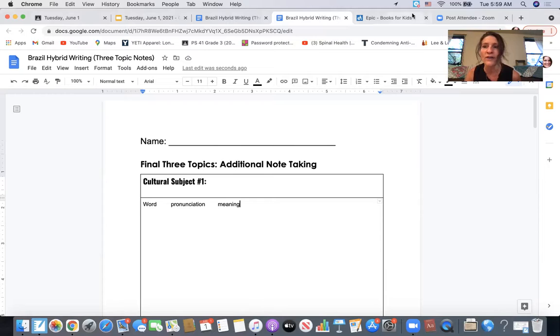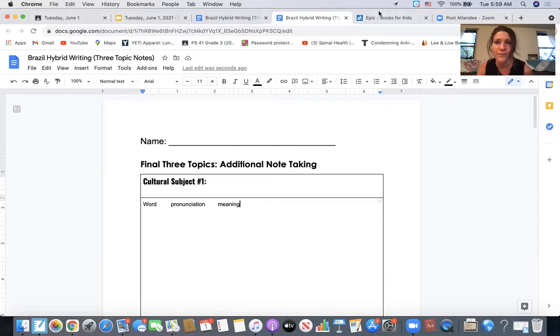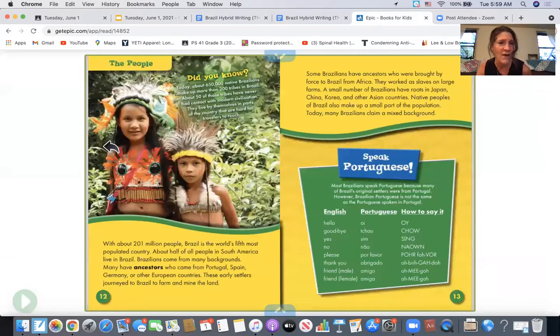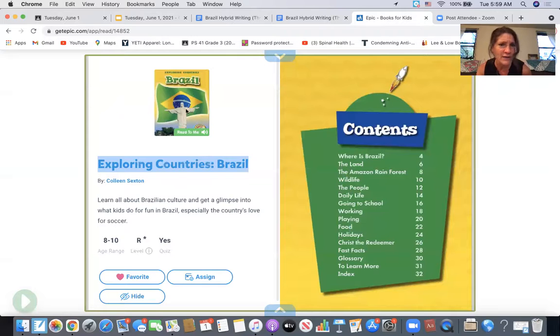So, what I did was I went on to the Epic website, and I found this book. It looks like this. You'll see it if you go onto Epic. You probably have copies of these books in your classroom as well. But nonetheless, if not, you have all these books at your disposal on Epic and also ones that were downloaded. So this is what the book looks like. And sometimes when you look through the table of contents, it doesn't necessarily say specifically what you are looking for. But if you start to peruse the book, you might find it.